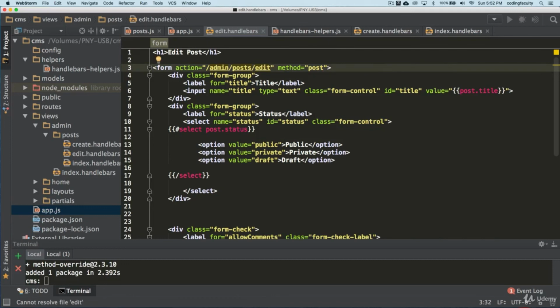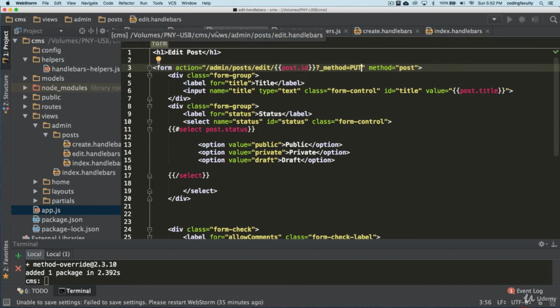So pay attention. Right here, we are going to pass the ID, so we're going to say post.id. Following that, we put a question mark because we're going to be passing this parameter, which is the parameter we had in app.js. Remember the method? And the value, we're going to make it put, like that. Simple as that. So now our put request is going to work.